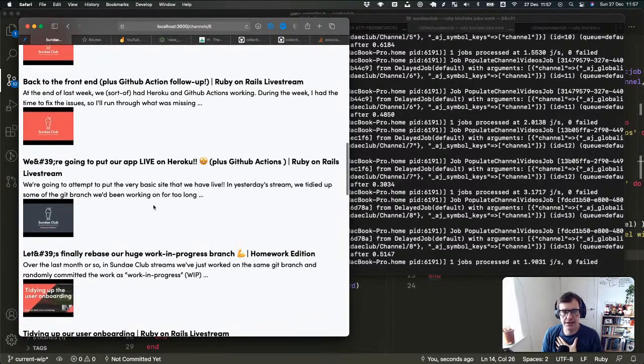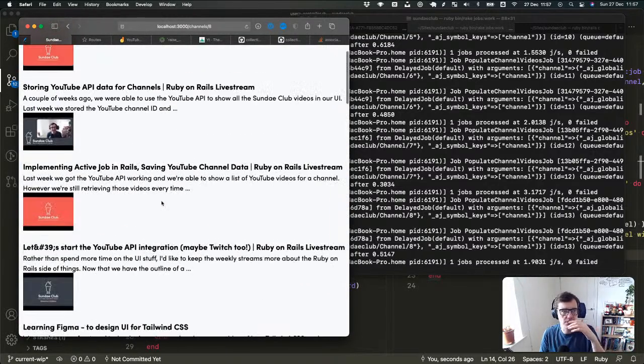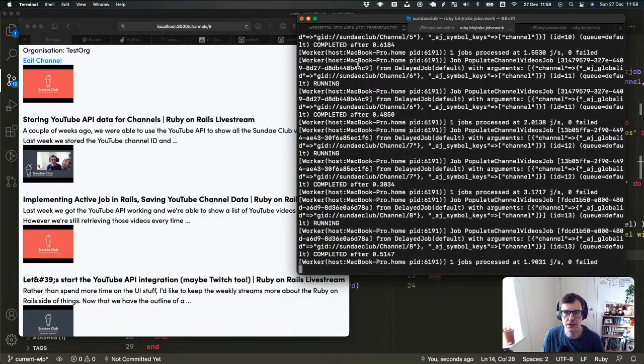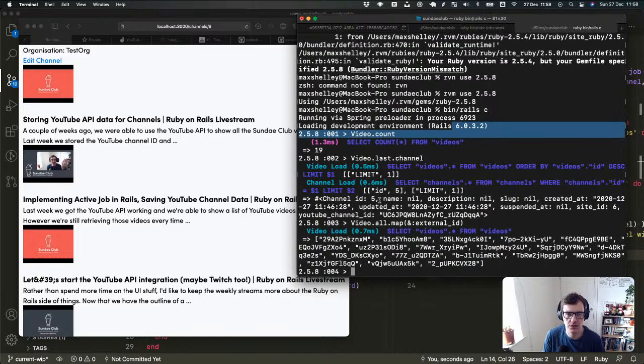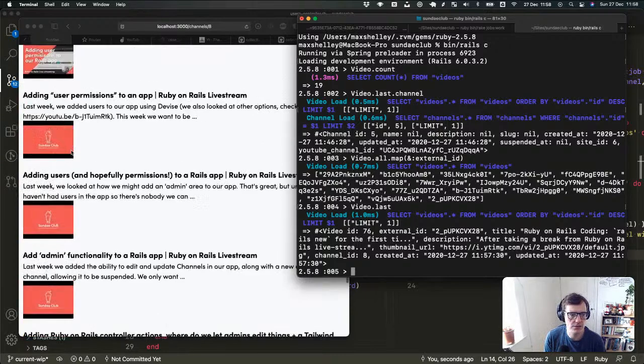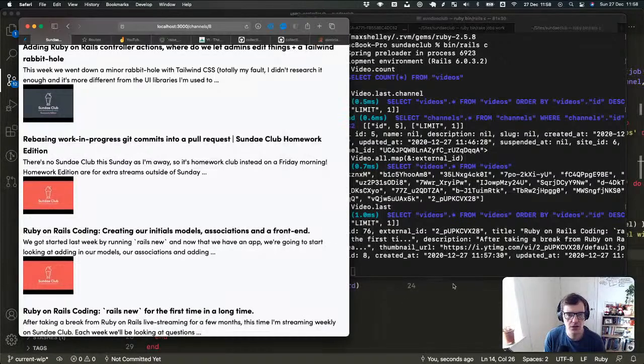Now, why is that important? So many reasons. So we no longer have this dependency on the external API for page load. So this page is now instant because it's not having to go out, and it doesn't matter if they're down or anything like that. We can also start to change this data ourselves. So let's go back to our console and say video.last maybe. So which one is this? Ruby on Rails coding. Rails new for the first time. So that'll be this one down here. So let's say